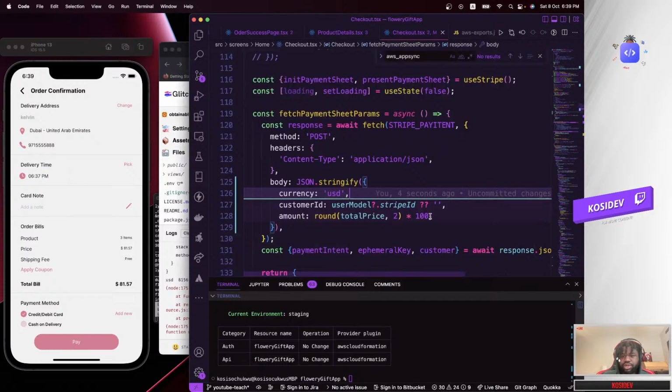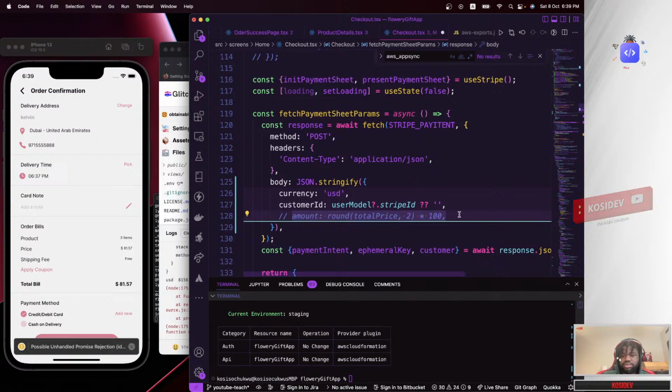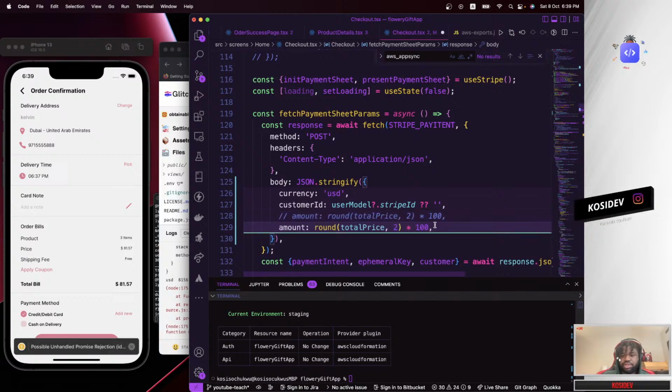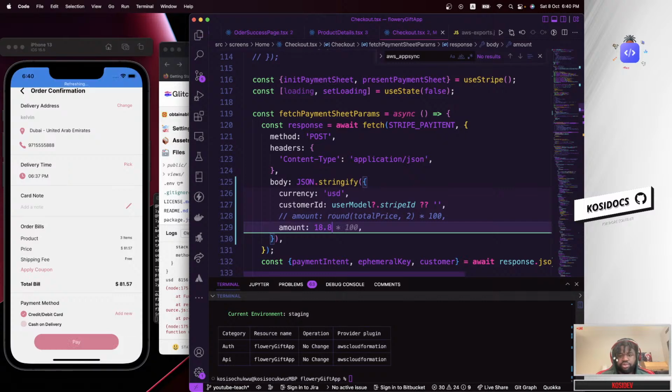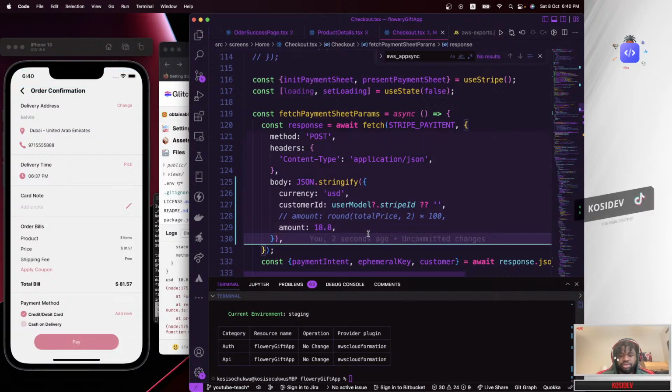Since we're having an issue right here, for now, let's comment this out. Something else. Code the price right here just to fix up stuff, and we are going to come back to this later on.